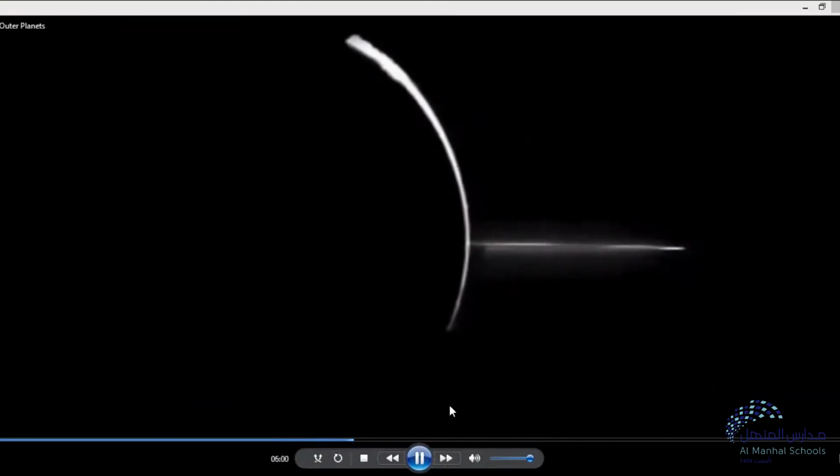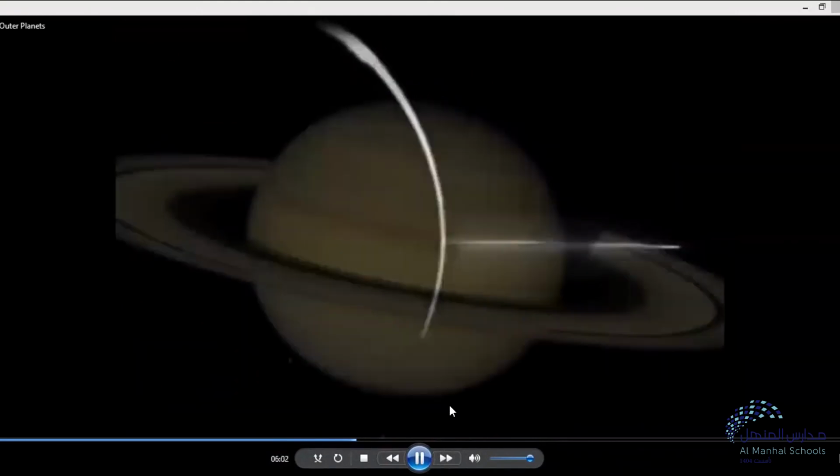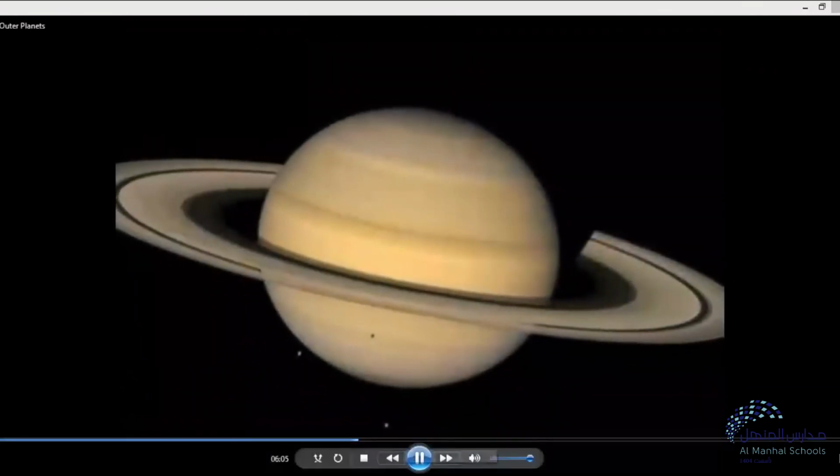With the Sun obscured by Jupiter, we can see that Jupiter has a faint set of rings. Saturn's rings, by